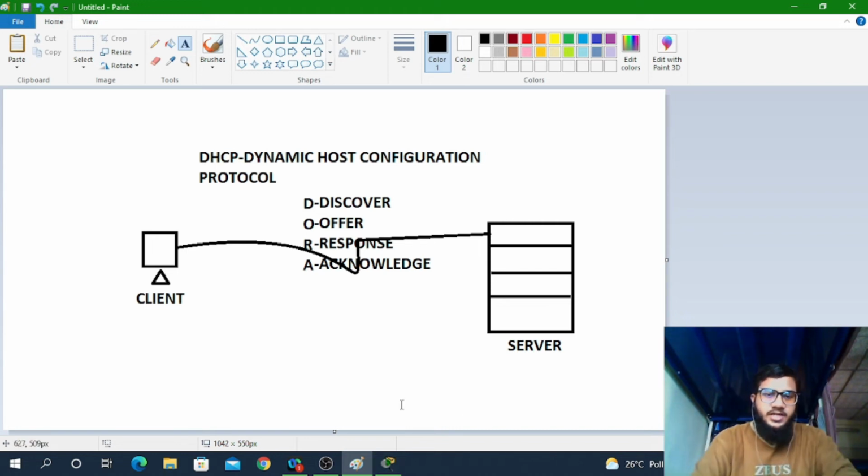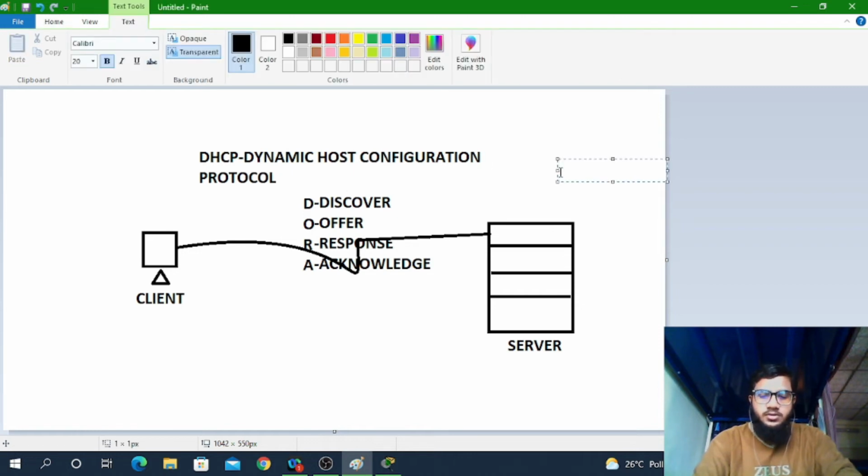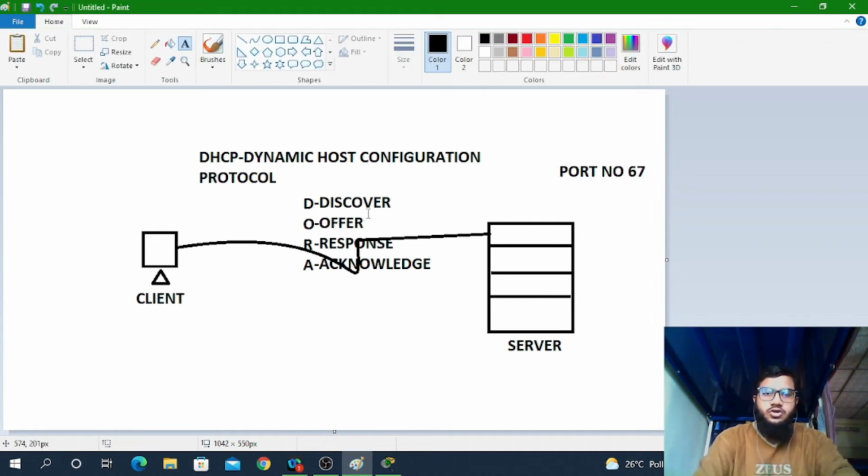How to configure a DHCP server here. So we have to understand what a DHCP server actually is. It is a server which provides the IP address to the client PC. It stands for Dynamic Host Configuration Protocol. It works on the process of Discover, Offer, Request, and Acknowledge, that is the DORA process, and the port number is 67, through which the DHCP will give the IP address. Okay, so hopefully you have understood the overview of a DHCP server.